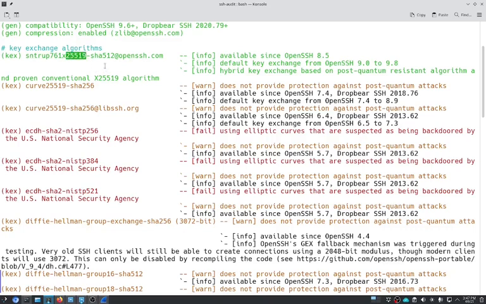This is the conventional algorithm that's still in use in a lot of places. But the reason it's a hybrid, the reason they're using the quantum safe algorithm and the classical algorithm together, is because people aren't really trusting of these brand new algorithms yet. So we're using these two algorithms together in a hybrid setup so that in case, let's say